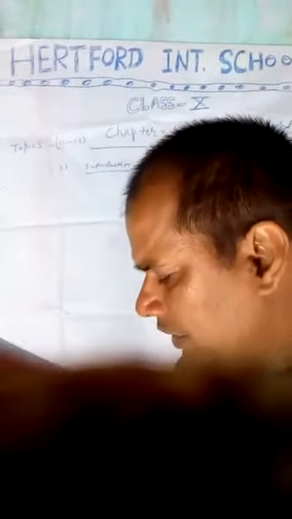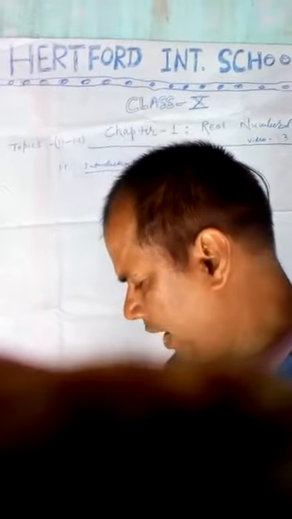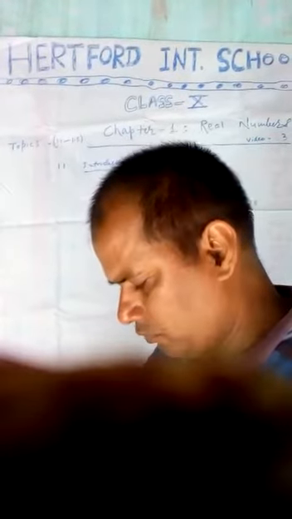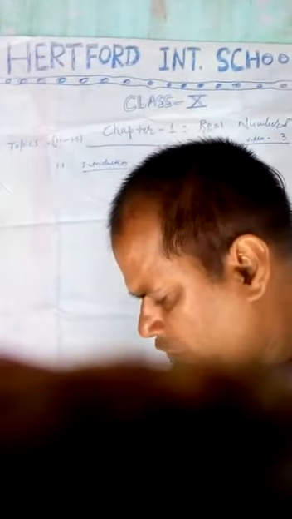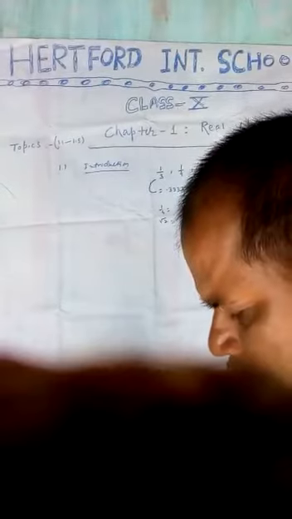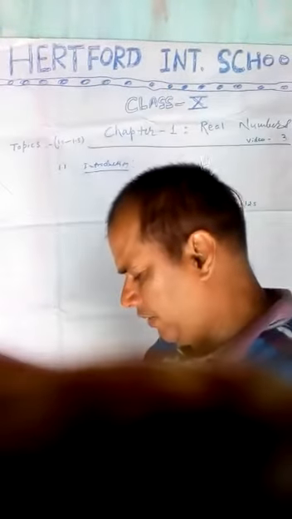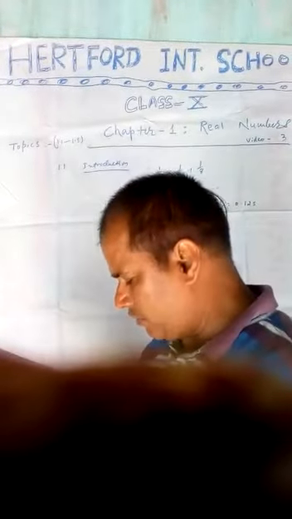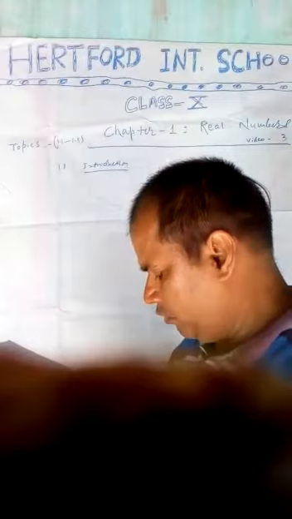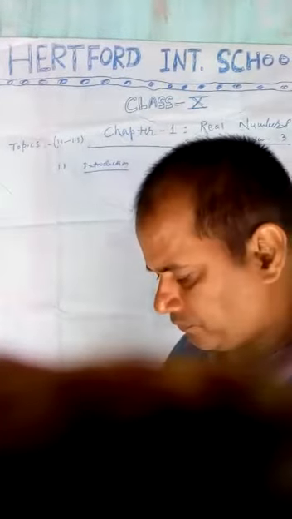If counted in 7s, nothing will remain, which translates to a is equal to 7b plus 0. If counted in 3s, 2 will remain. It translates to a is equal to 3t plus 2 for some natural number t. If counted in pairs, 1 will remain. It translates to a is equal to 2u plus 1 for some natural number u.